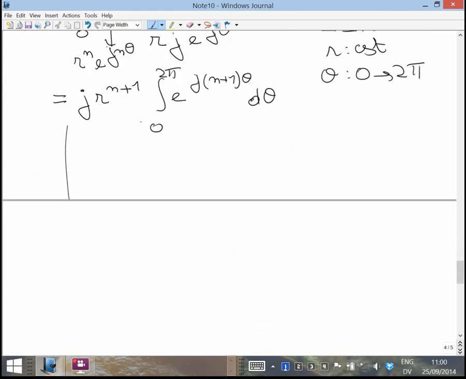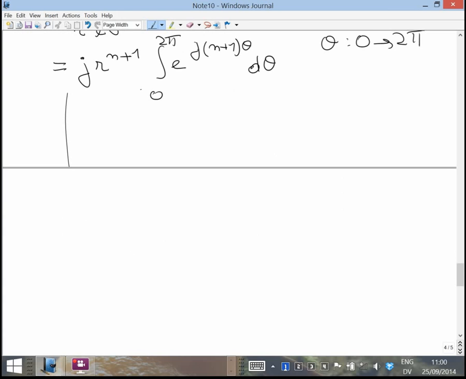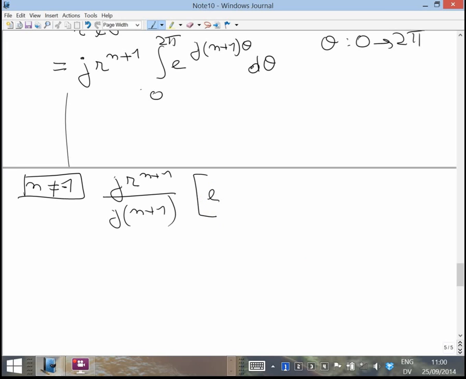Okay, let's solve this integral. There are of course two different situations that we have to take into account. First one is where n is different from -1. Then we can simply solve this. We can divide by n plus 1 in this case. So we have j r to the power of n plus 1 divided by j (n plus 1), and we need to evaluate the integral here, exponential j (n plus 1) theta. We need to evaluate this between the boundaries 2 pi and 0, which is equal to,